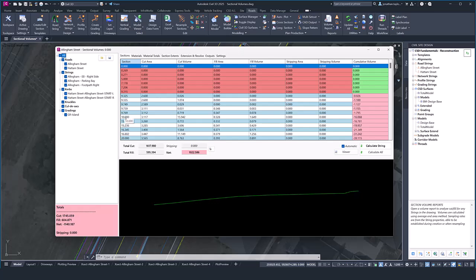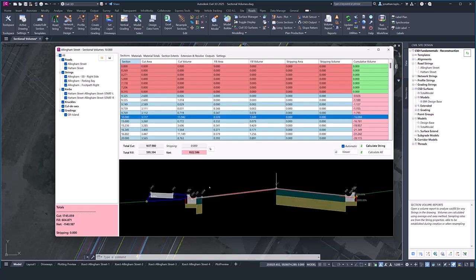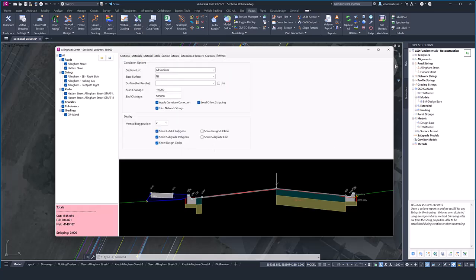If we click on Change 10 on this particular road, we're presented with a live view of the subgrade of our template that's being applied to this particular string, and also polygons representing the different areas of cut and fill. To help visualize this, what we can do is go to the Settings tab just up here on the top, and we've got a number of different display tools you can turn on and off. So what we may do is turn off the subgrade polygons, and then we can see the areas of cut